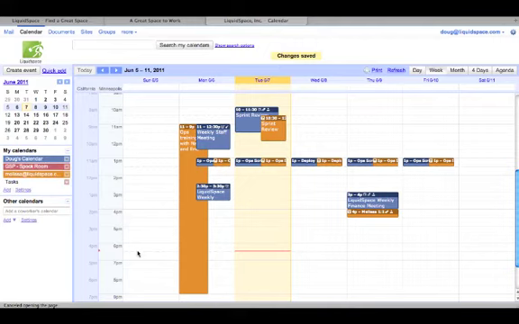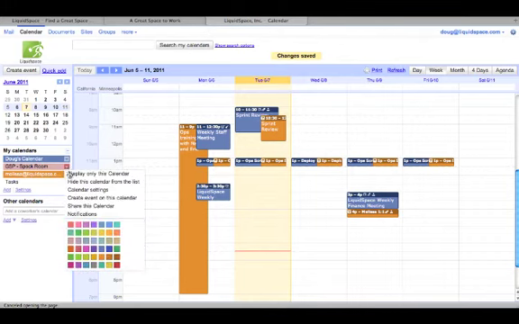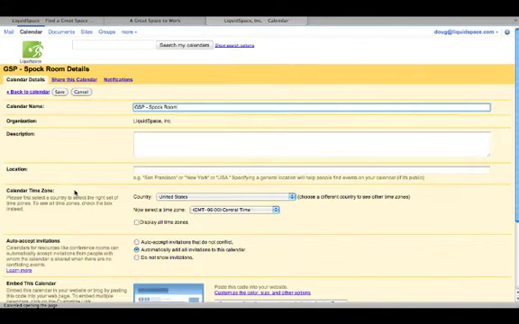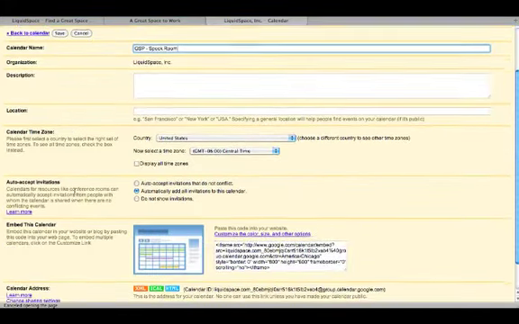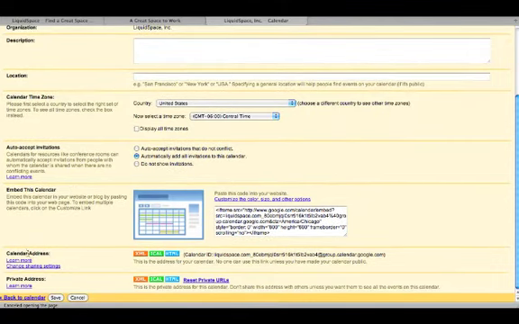Now I just need to let LiquidSpace know what the ID for that new Great Space to Work Spock Room calendar is in Google. To do that, I go back to My Calendars, where now the Great Space to Work Spock Room calendar appears. I click on Calendar Settings, and then down here at the bottom, next to Calendar Address, I can see the calendar ID. I select that calendar ID